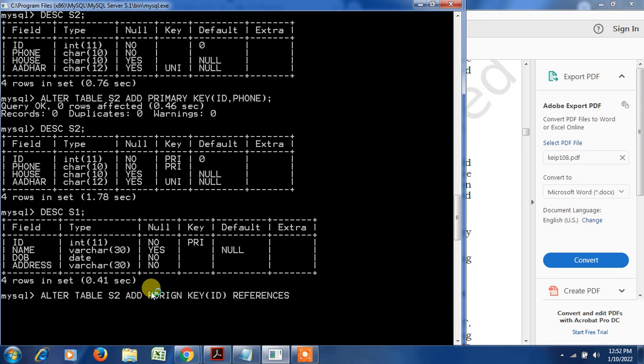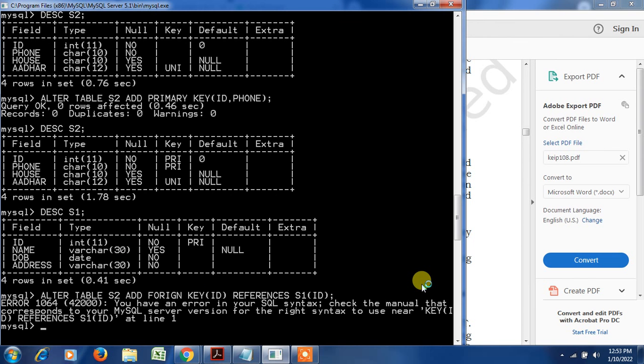Alter table S2, add foreign key ID references S1, which key? Again the ID. So this is the foreign key addition, that is, modifying the table by adding a foreign key.